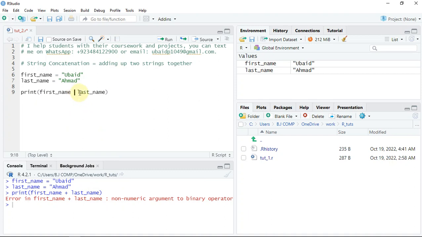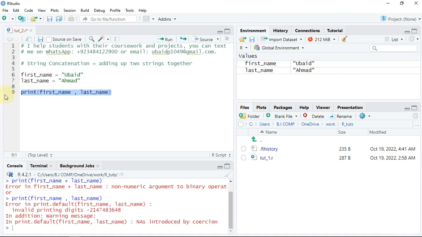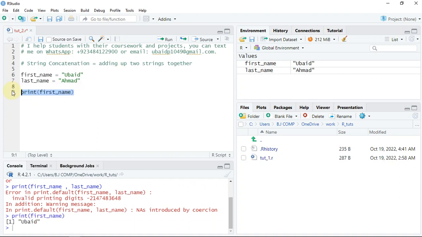There is another thing. Let's do a comma, right? Because in some programming languages they let you use comma for this purpose, but it's giving error, so it's also not allowed. So let's just do one thing, print this first name. So yeah, it's working absolutely fine, but it is not allowing me to concatenate another string with this print command. So what we have to do is use the paste command,